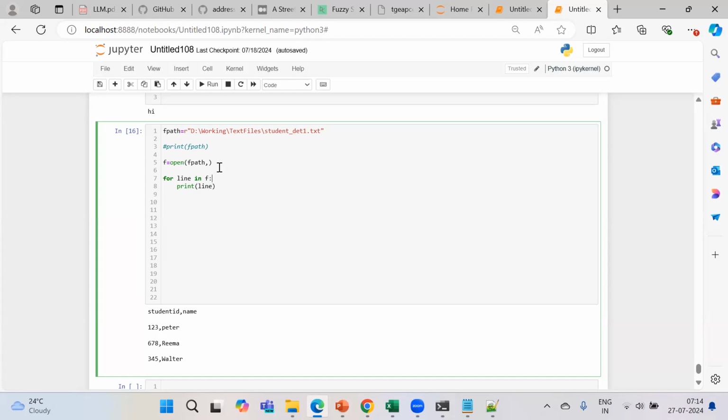Okay, and then just try to print it. And also, if you want to add some content, let's say you want to add something, that content also you can just go and write it. So currently we are only reading, right? So even if you want to make it better,